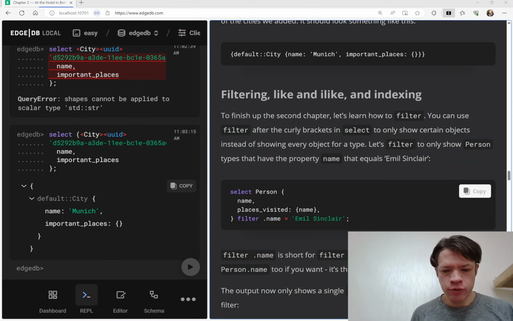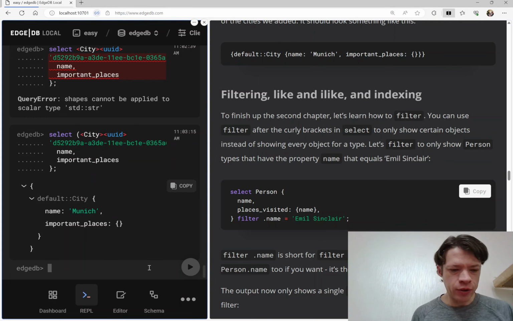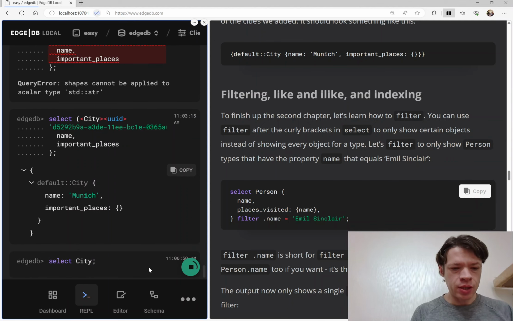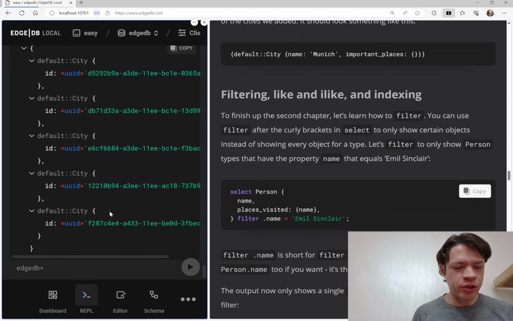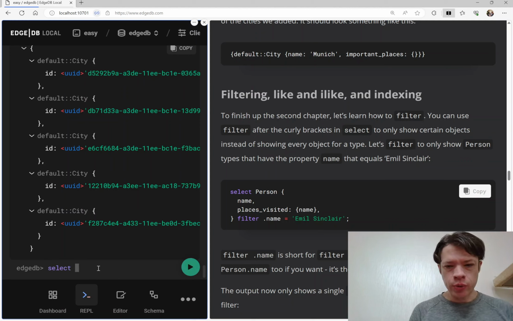Now we're going to learn how to filter. Filtering is useful because let's say we have a city here and we return all the cities. Later on we might have 200-300 cities, so of course we want to filter just to return certain ones. So let's do this with